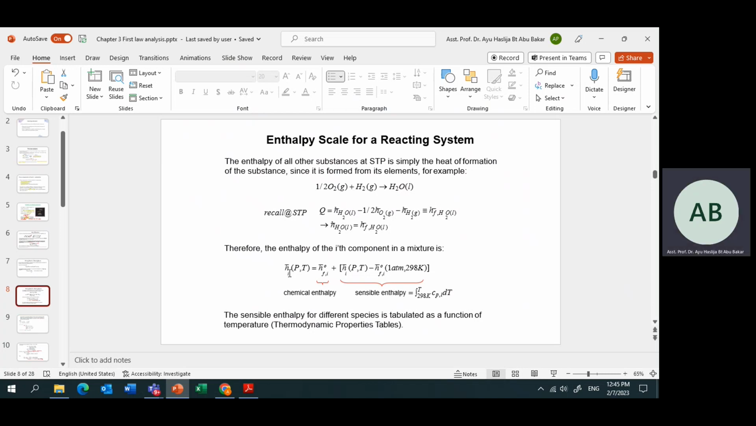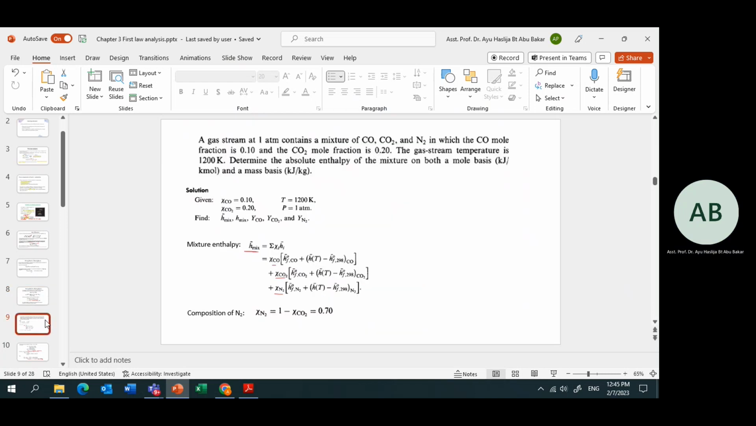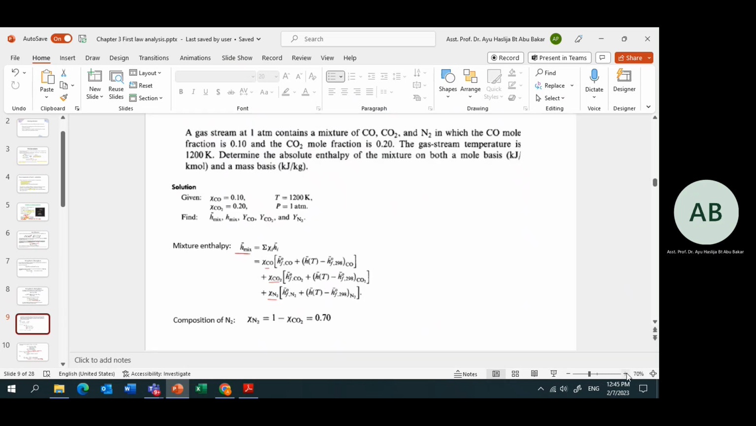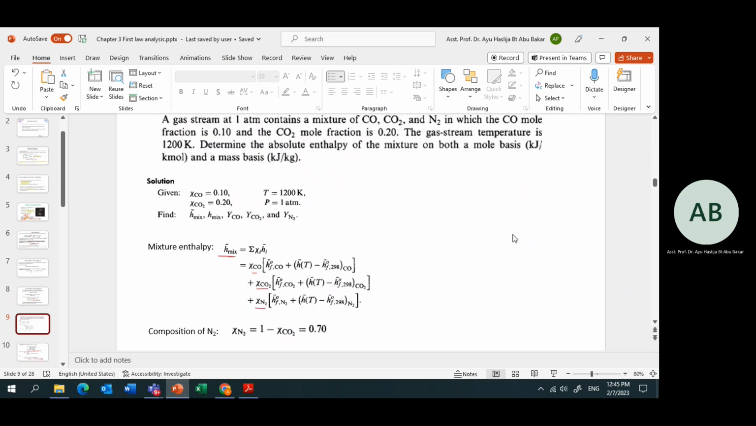And this one, repeating the same thing, enthalpy is equivalent to heat of formation plus the sensible heat. Okay. Now we straight away go to the example. You can see, because later on I need to open the table side by side. Yeah. Now a gas stream at 1 atm mixture